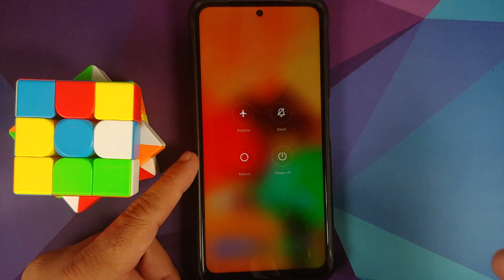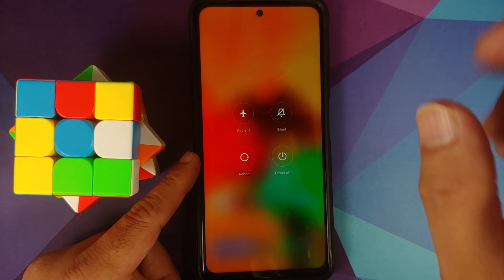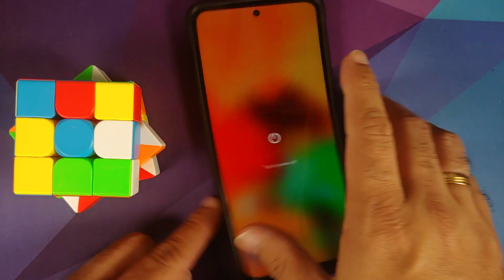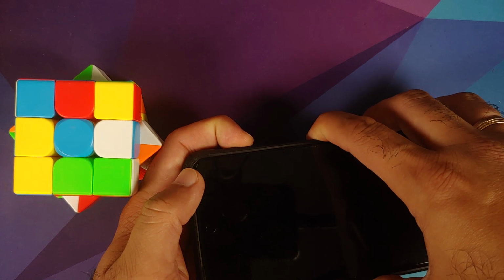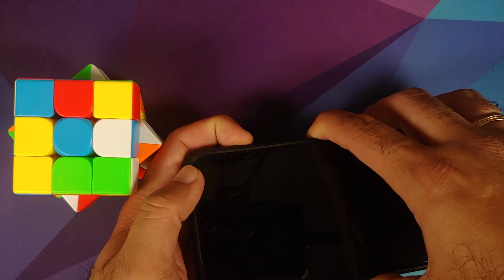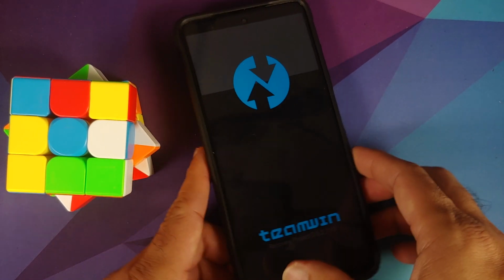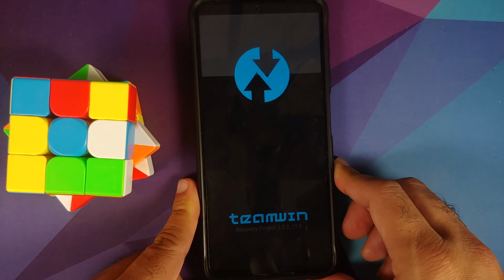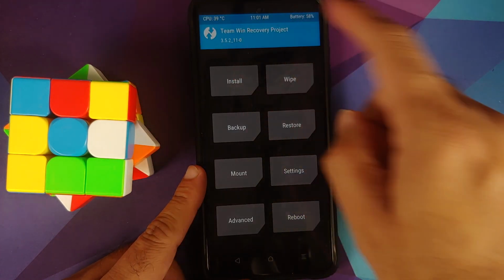Now, what if you run into any issues or you want to go back to the previous build which we have backed up? All you need to do is boot back into the recovery. Again, turn off your device, press and hold power and volume up together till you see the recovery logo. There it is. We are now booting into our recovery, and the version this time around is of course going to be 3.5.2.